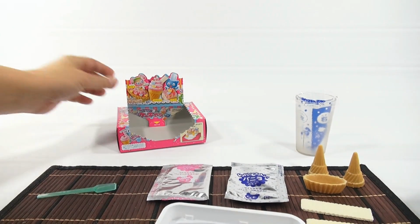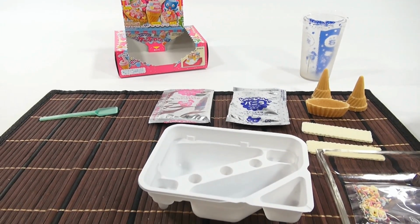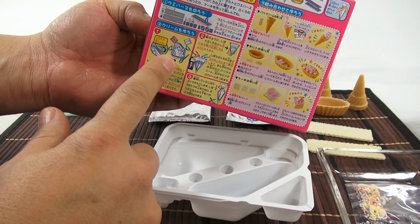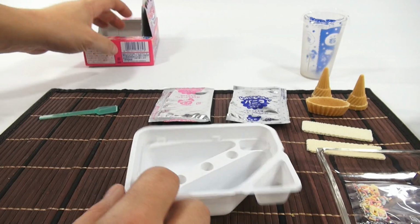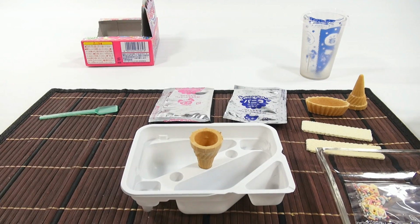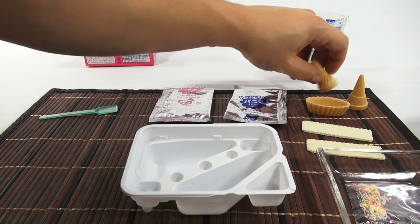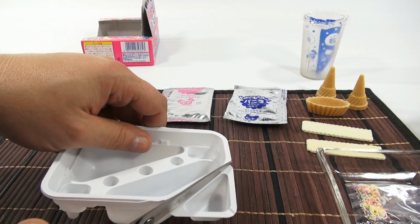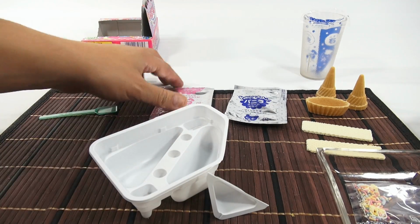So what I need to do now is cut, and based on the instructions, one more time I'll just show you, they show the pink on the left side and the white on the right side of the tray. And one last little thing, they have a nice little area there to hold your cones when you decorate. So we're all set. I'm ready to go. Now remember, it's one scoop of this and then icing. So we'll put the